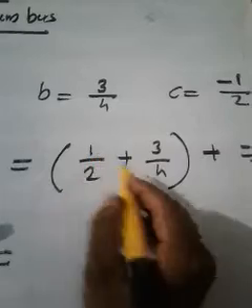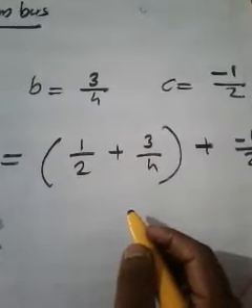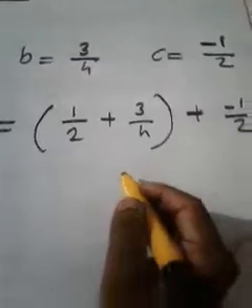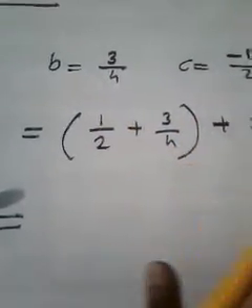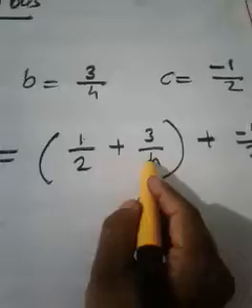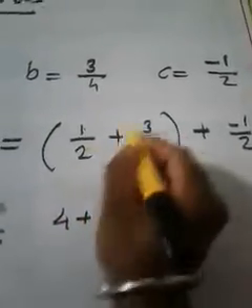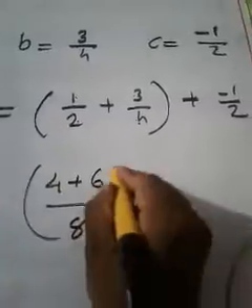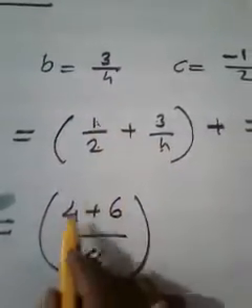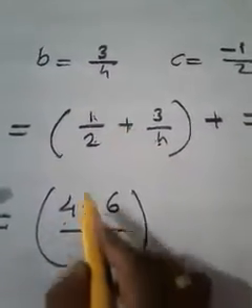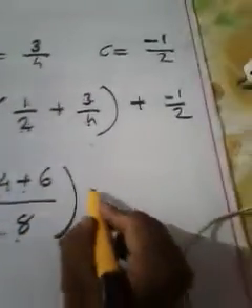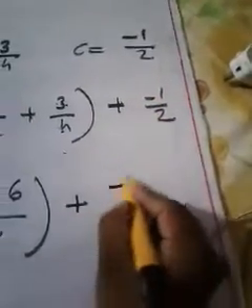Now just see, in order to do this, you can apply cross multiplication, otherwise the LCM method. That means make the denominators the same. Here let me apply cross multiplication. So 1 into 4 is 4 plus 3 into 2 is 6, divided by 2 into 4 is 8. Once again, 1 into 4 is 4 plus 2 into 3 is 6, then 2 into 4 is 8. You may understand. Plus, what is remaining? Minus 1 by 2.